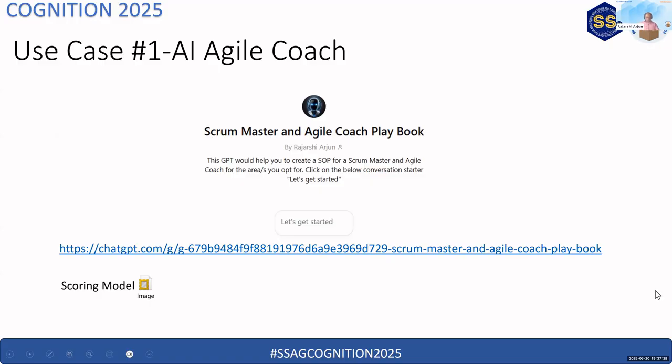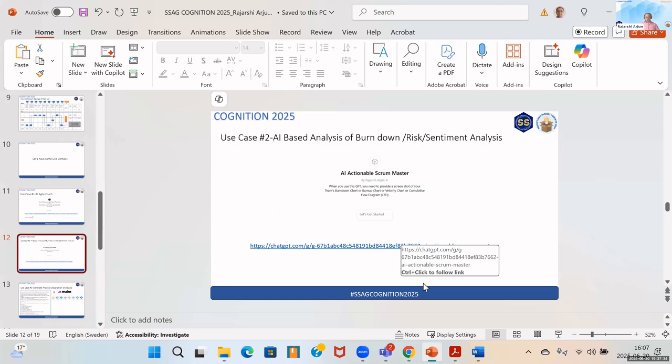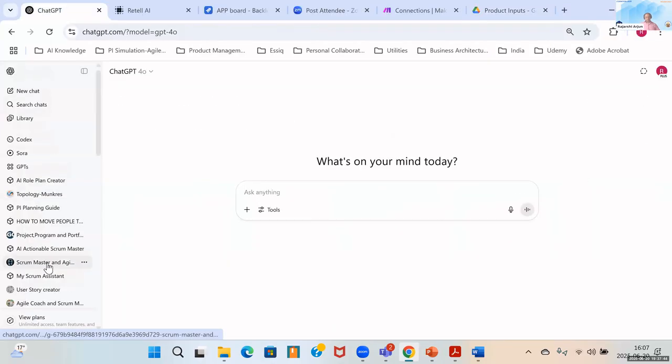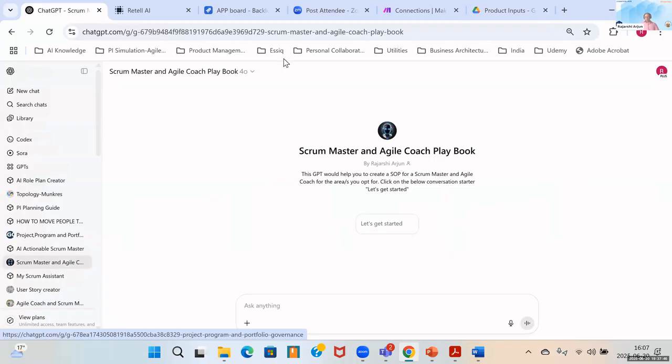So let me start with the first GPT. I think I can start straight away from here. And so this is my custom GPT that I'm going to show you now.